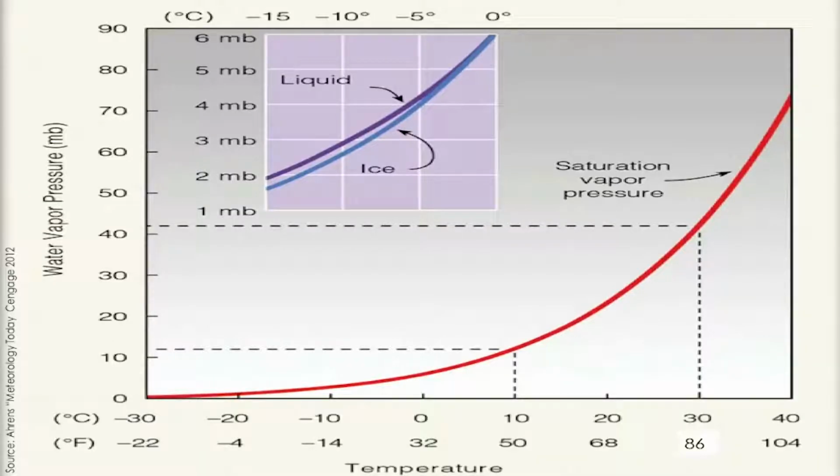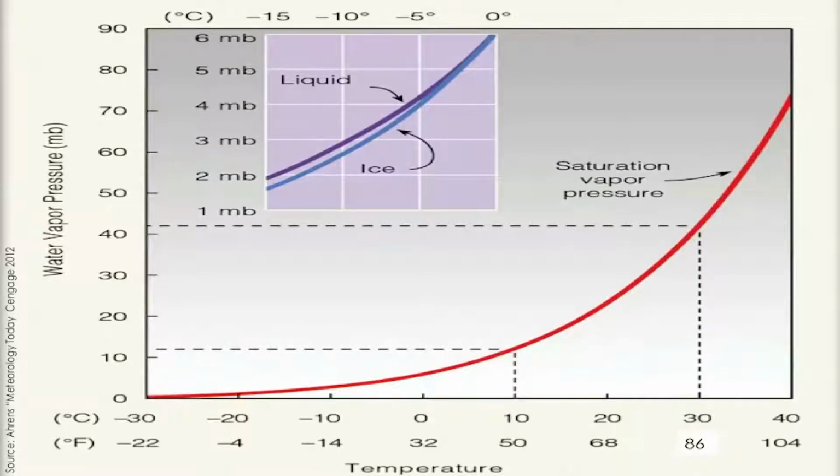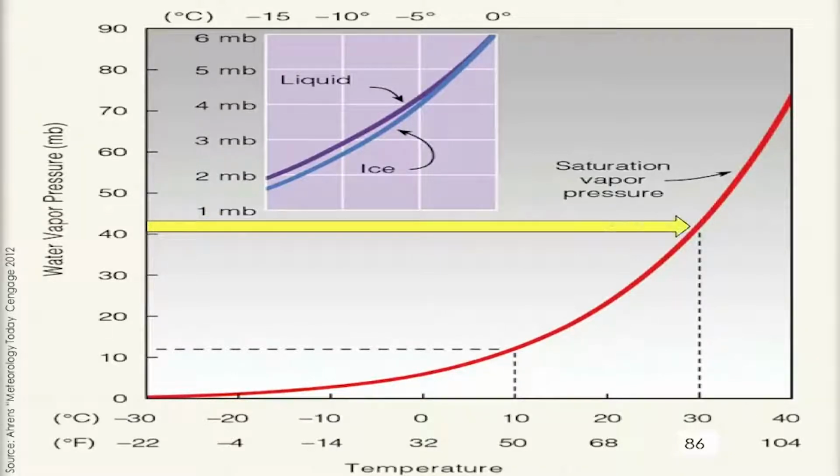Here's that graph that we were talking about before. Let's do an example. Let's say we have 42 pieces of water in the air, giving us a vapor pressure of 42. Well, here's how we're going to use this graph. We're going to find 42 there on the y-axis, the vertical axis, and we're going to follow that over to the red saturation vapor pressure line. And where it intersects, we're then going to drop down and read the temperature there. So at 30 degrees Celsius or 86 degrees Fahrenheit, the air is saturated when the vapor pressure is at 42